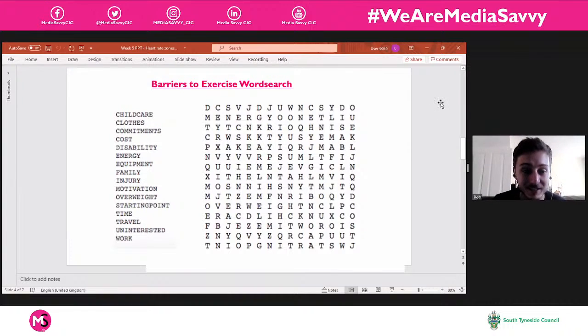So of course, the first one we've got on the list is childcare. Yeah. So we're thinking childcare. It might be you've got to get the kids from school. You've got to feed them. You've got to get them to extracurricular stuff. Dance, football, scouts, gymnastics, whatever the kids are into. You want to get them out and about and get them to the park, get them some fresh air and stuff like that. Don't really have time to get myself down to the gym,